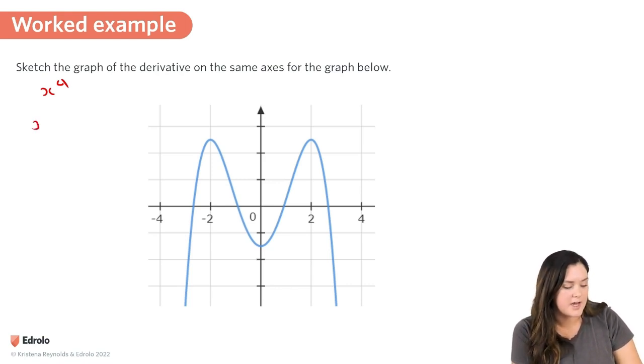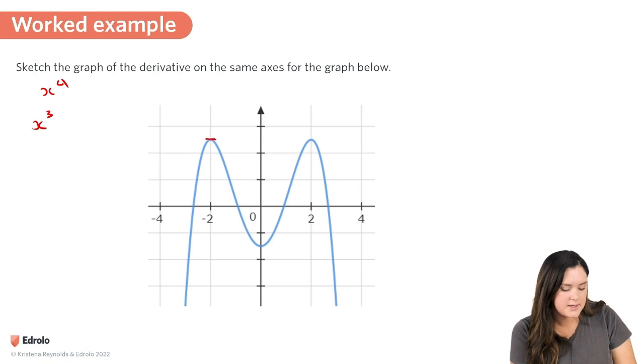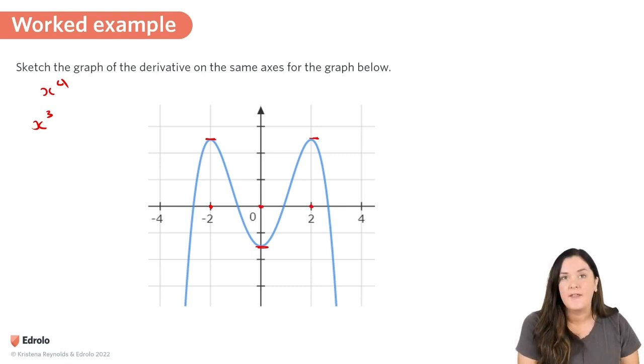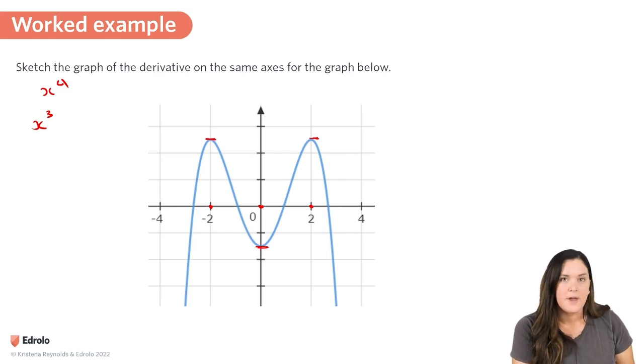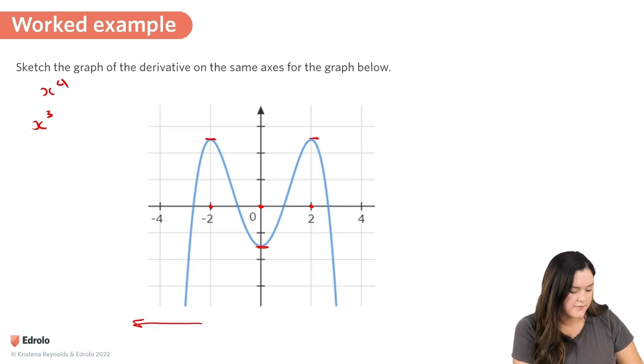So that means we're going to have a cubic graph. Again, first step is to find where our stationary points are, and that is here at 0 and then at 2. So we're going to mark in those on the x-axis, and then we're going to find our sections of positive and negative gradient. So from negative 2 to the left, we have a positive gradient because our graph is